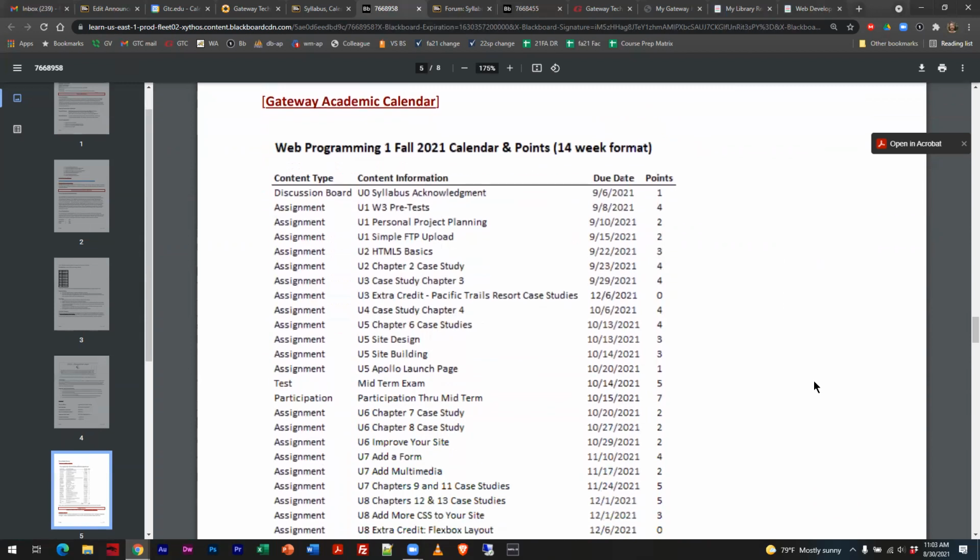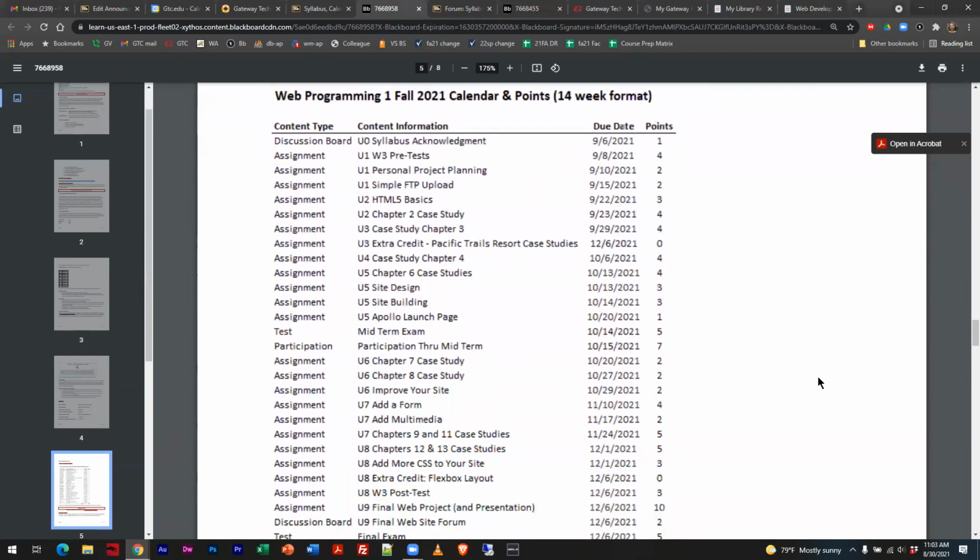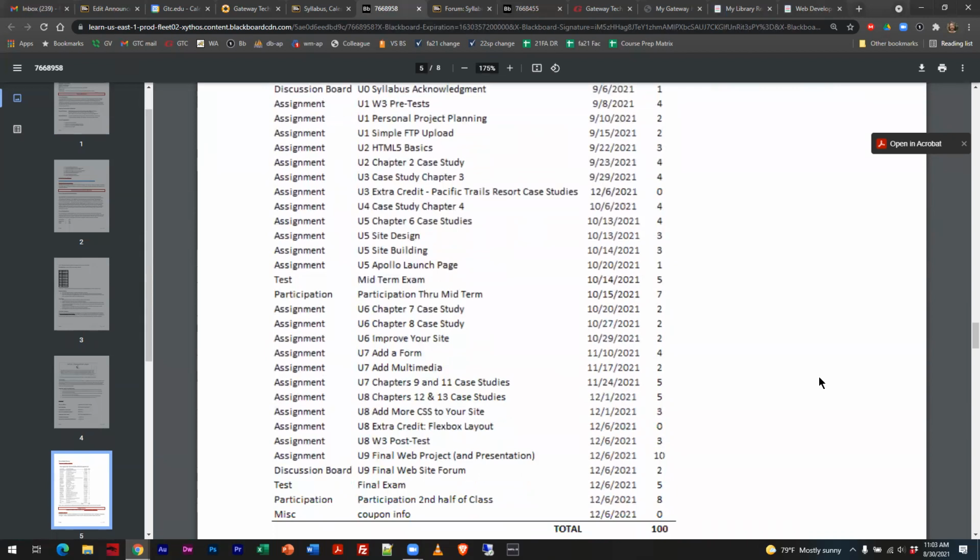I do have an academic calendar here too. And this all fits on the screen, so it gives you an idea of all the point breakdowns and what chapters we're covering when. And the way that this goes, folks, is we start out kind of gentle, right? And then it ramps up in intensity pretty quickly. You guys need to be aware of this, that the amount of work that you're expected to do here can take many hours during the week.